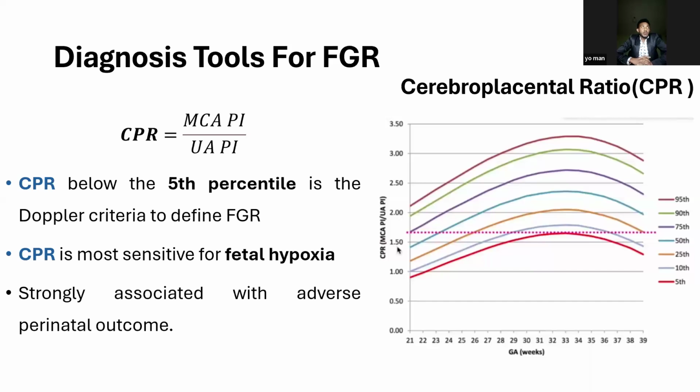We are finishing our lecture. The most important parameter in Doppler diagnosis of FGR is CPR. Why? Because CPR accounts for the variables of MCA PI and umbilical artery PI. Okay, CPR